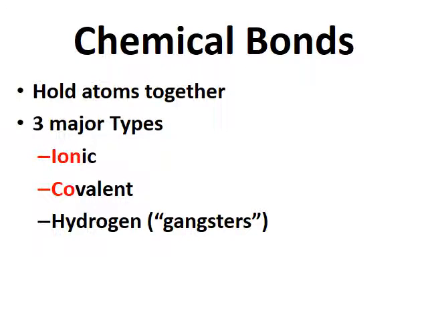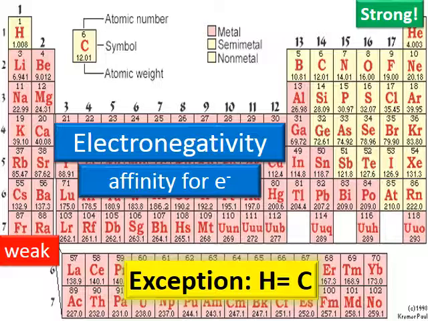The second type of bond there is a covalent bond. That prefix co means with or sharing, and we're going to see how that plays into the formation of a covalent bond. And then lastly, we have the hydrogen bond. There's actually one more type of bond we'll talk about in the next part of this lecture, but these are the three we're going to talk about initially. So the hydrogen bond, you can think of them as gangsters. And I'll explain in the end why you can think of them as gangsters. So they really do behave like gangsters. It's one of the analogies that one of my students came up with, and it actually really makes sense.